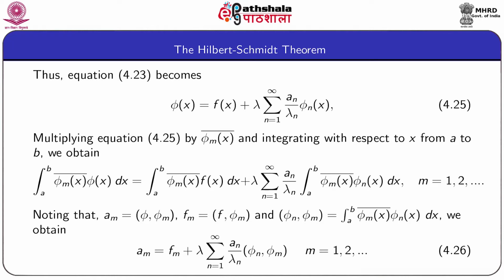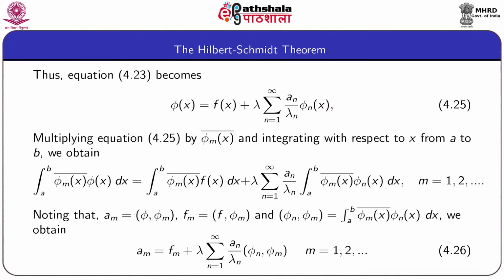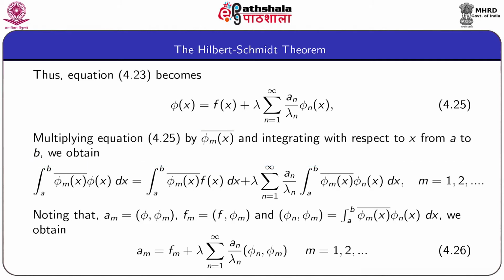Using 4.23 and 4.24, we can write phi x as f x plus lambda summation n equal to 1 to infinity a n phi n x by lambda n, as given by equation 4.25. Now we multiply equation 4.25 by phi m bar x and integrate with respect to x from a to b to obtain